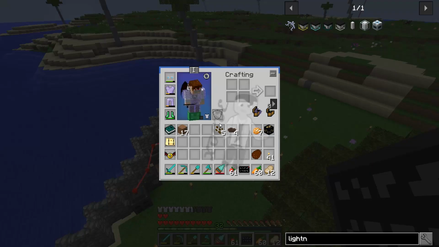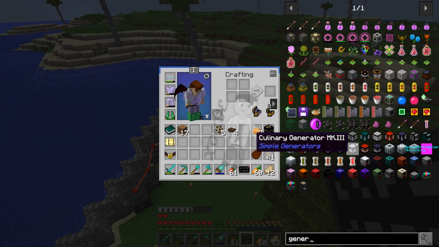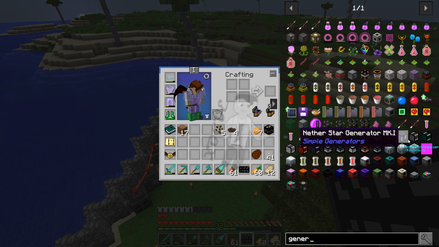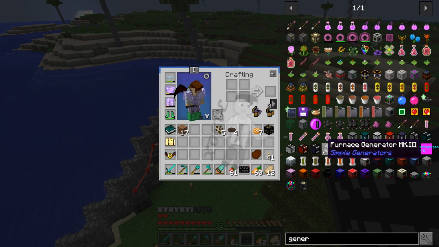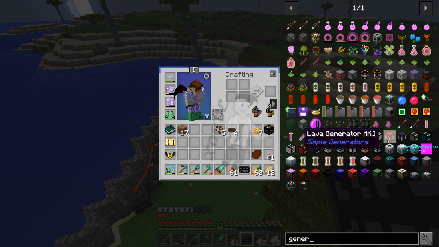Now, other than that, you also have other generators in the pack, such as the simple generators, the furnace, the ender, the culinary, the lava, and so on. All of these generators are in the pack, as well as the same equivalent ones for Extra Utilities. They all work. You can use pretty much any setup with these, but one in my mind that is very, very handy that Extra Utilities doesn't have is the lava generator. So you can go in there, you use a...